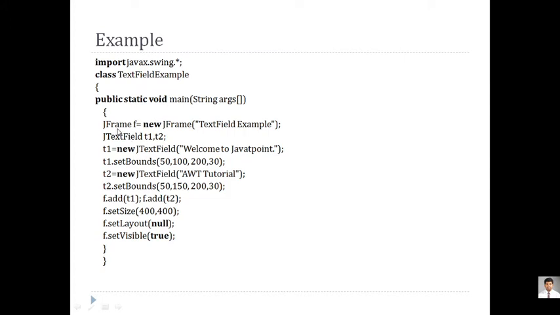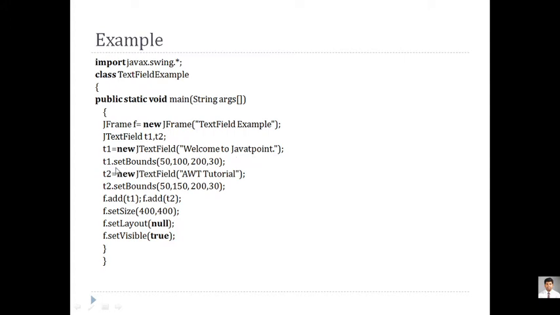The thing is that what we have done yesterday was, we created one frame object. We want two text fields to be displayed on a screen. So we have initialized two objects, that is t1 and t2. I have initialized it by using a new keyword. So t1 is equal to new JTextField, and I want to display "welcome to Java" on the screen.